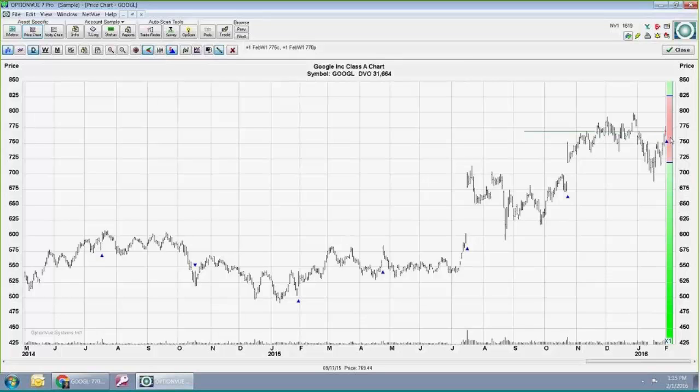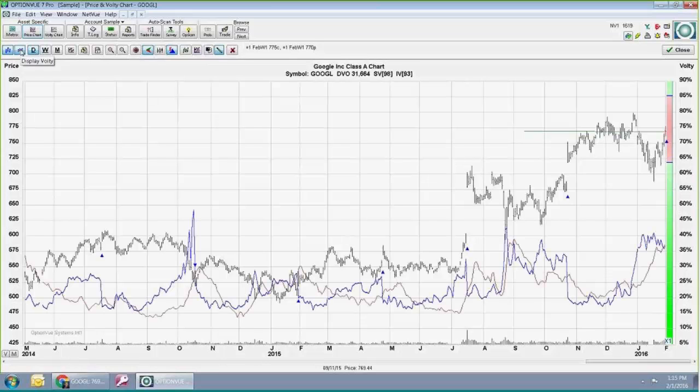So now that I'm in the price charts, I thought I'd show some of the things in the price chart. There's a lot of different things you can superimpose, like the volatility. Now, you see that once I have this volatility line, it shows a blue line for the implied volatility, a red line for the actual or statistical volatility.